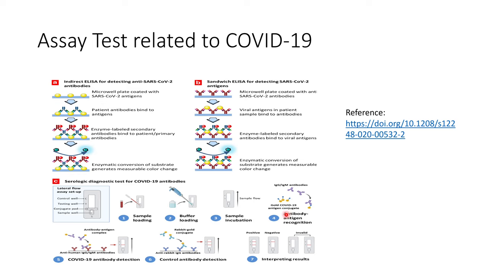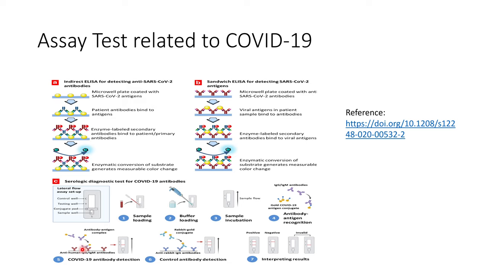the gold COVID-19 antigen conjugate that is present in the conjugate pad will bind to the anti-SARS-CoV-2 antibodies that are present in the sample, and then in this testing well, if these antibodies are present, they will bind to the gold COVID-19 antigen conjugate, and